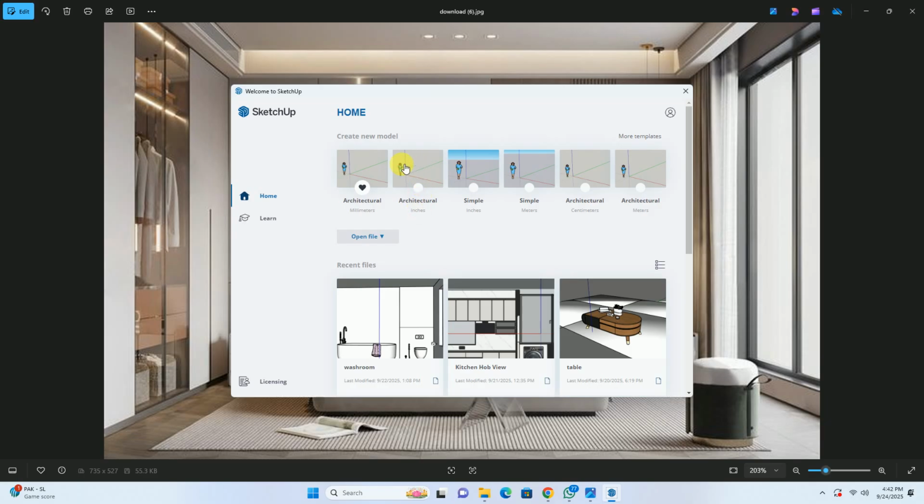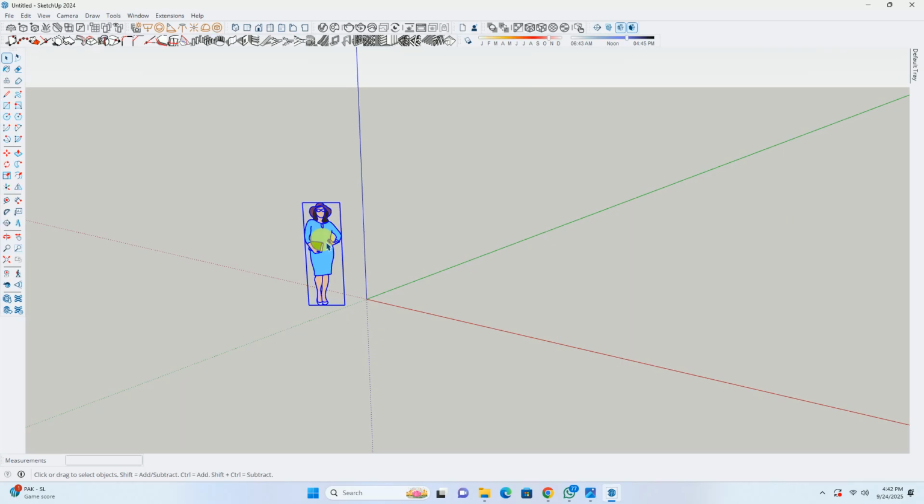Okay. So when we open SketchUp, there is an architecture inches template. We'll go with that particular template. Okay. Okay, Ashutosh. Okay sir. Any problem? No sir, no. So first of all, we'll go to the top view, okay, because we have to create a